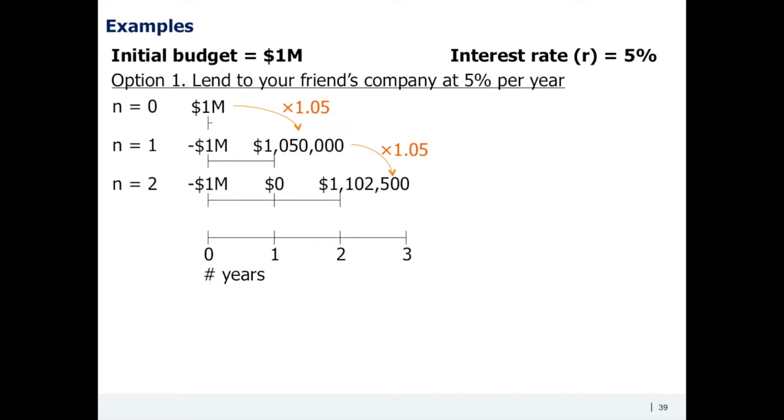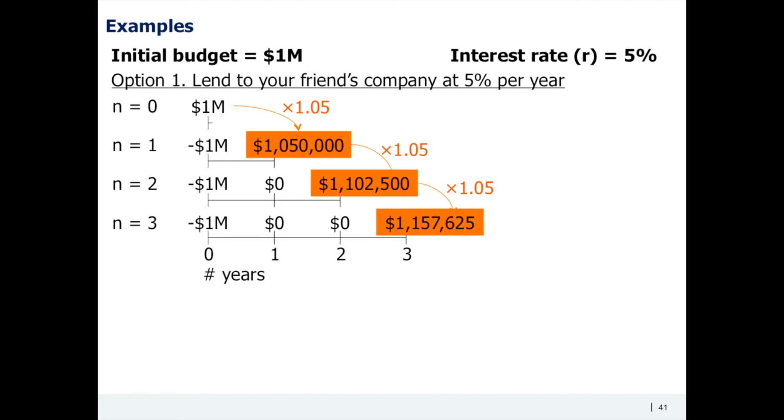Now, if you decide to stay for another year, you will not get anything at the end of the first year. But at the end of the second year, you will get $1,102,500. And lastly, if you go for the third year, you will not have any cash until the end of the third year, when you will collect $1,157,625. You can also calculate these numbers by using this formula, where R is an interest rate and N stands